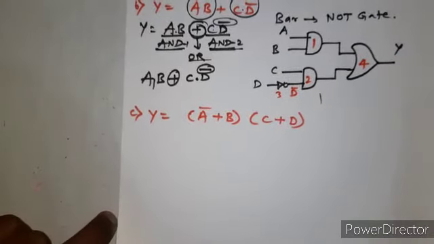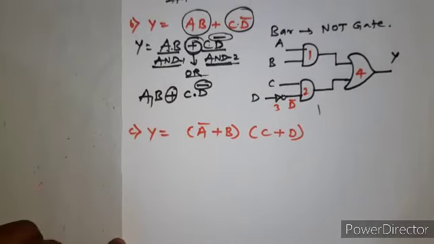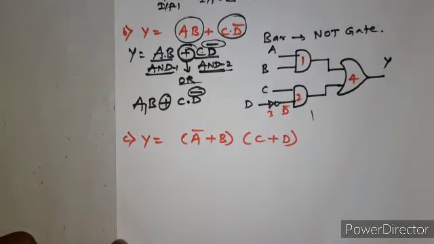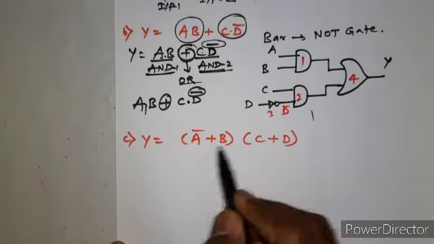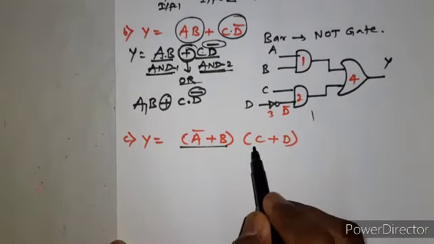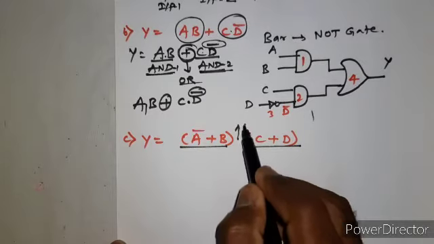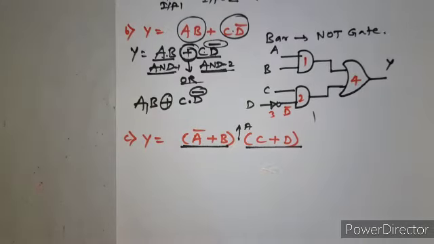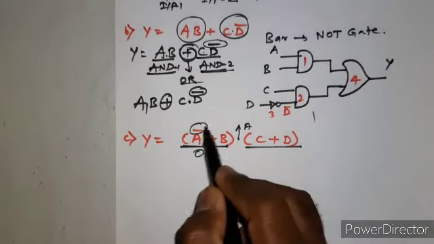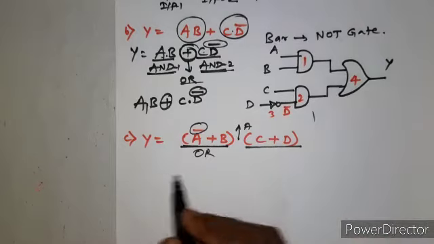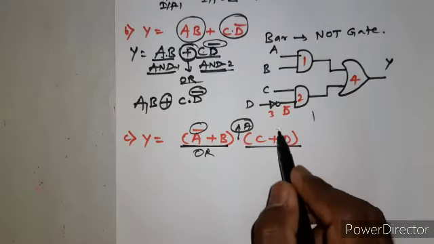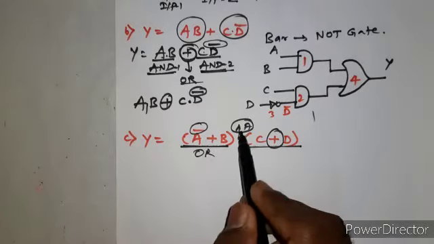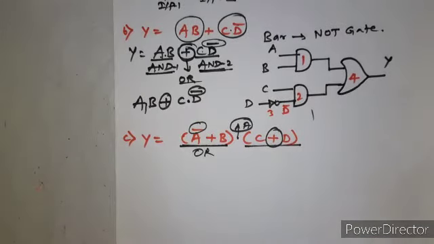Okay, similarly we have this third equation. I've just collected different equations where you can cover all different gates here. Now here you can see this is one, this another, and here it is AND, right? If you see this equation, we have this OR gate here and again this NOT gate here. This AND gate here and this OR gate here. So again 1, 2, 3, 4 different gates are required here.